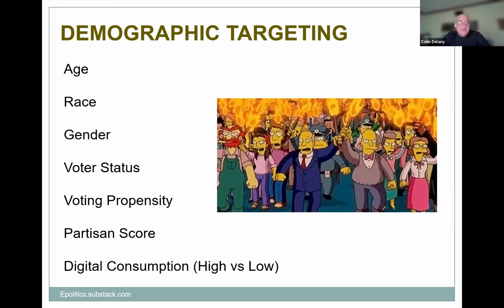Many of you, I'm sure, will have worked with this, but this is someone's modeled likelihood of voting. The partisan score, their modeled likelihood of voting Republican, Democrat, or going back and forth. And another one that can be useful is their digital consumption. If you have a limited budget and you need to restrict your audience one way or another, you can try excluding people who have a low digital consumption rate because they're not going to see your ads very many times anyway. Whereas someone with a high digital consumption score is more likely to see your ads enough times for them